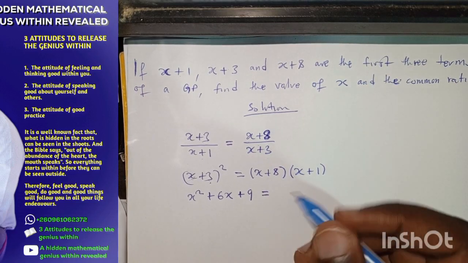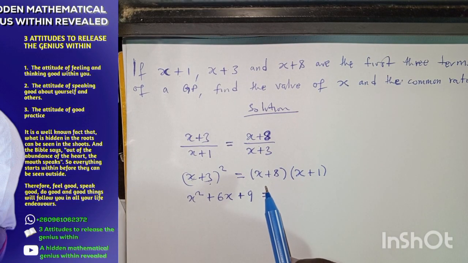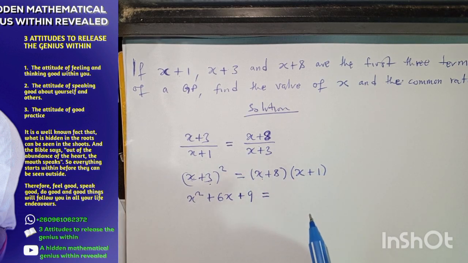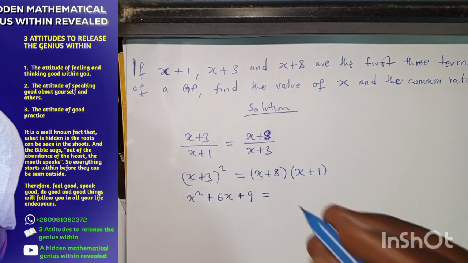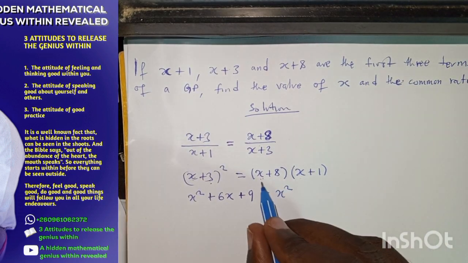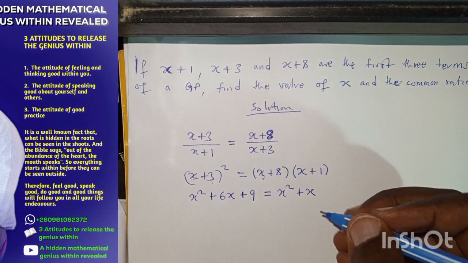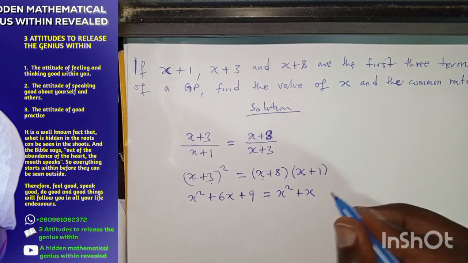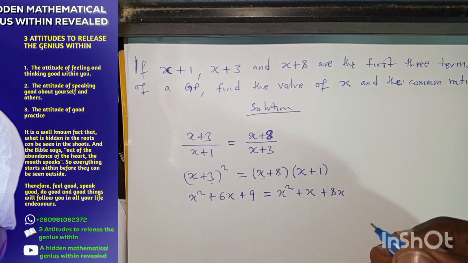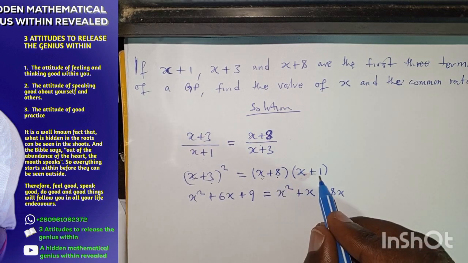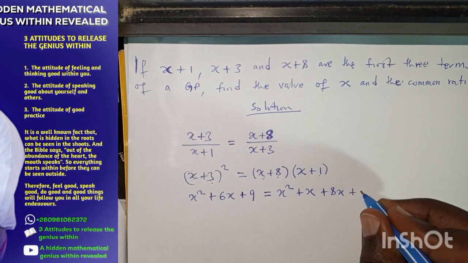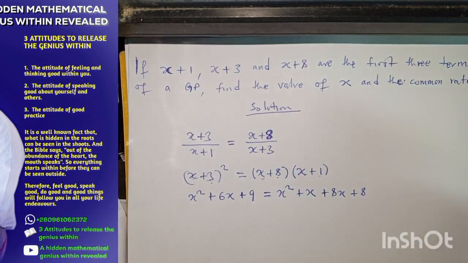And this is equal to, then here you multiply distributively. So x will multiply everything in x plus 1, and plus 8 will multiply through x plus 1. So x multiplied by x, we have x squared. x multiplied by 1, we have plus x. Then plus 8 multiplied by x, we have plus 8x. Then plus 8 multiplied by plus 1, we have plus 8. Okay,